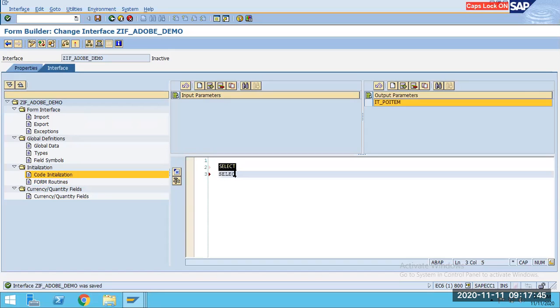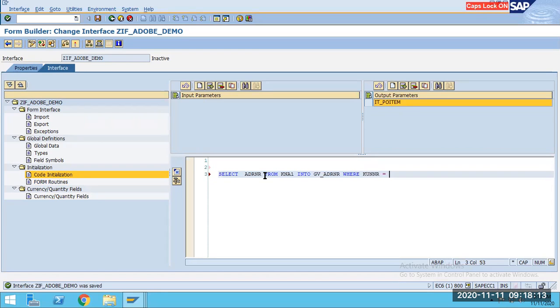Here I'm going to write select ADRNR from KNA1 into GV_ADRNR where